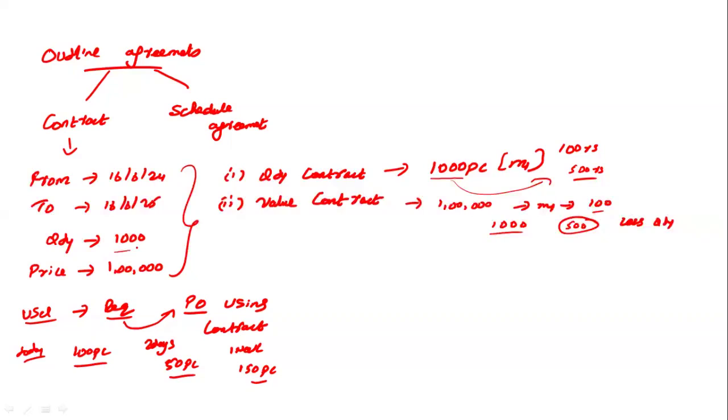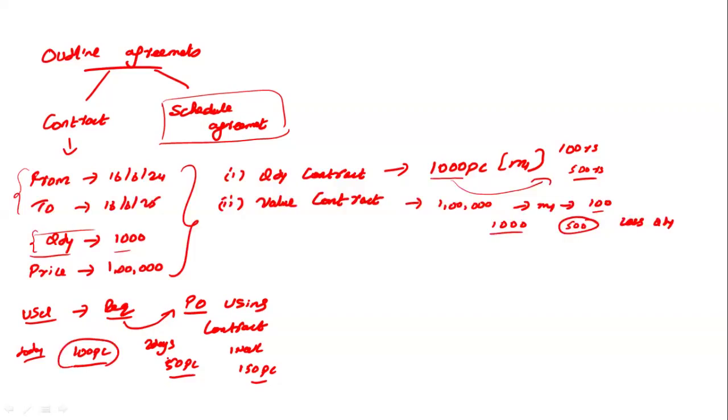Okay. Now let's move to the schedule agreement. A schedule agreement is also the same as a contract. You have only quantity, no value here, only quantity. You will create an agreement with the supplier saying that from this period to this period, I need so much quantity from you. But the only change compared to the contract and schedule agreement is, in a contract,